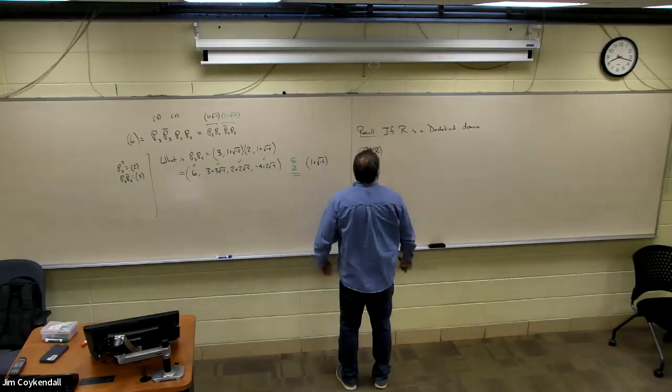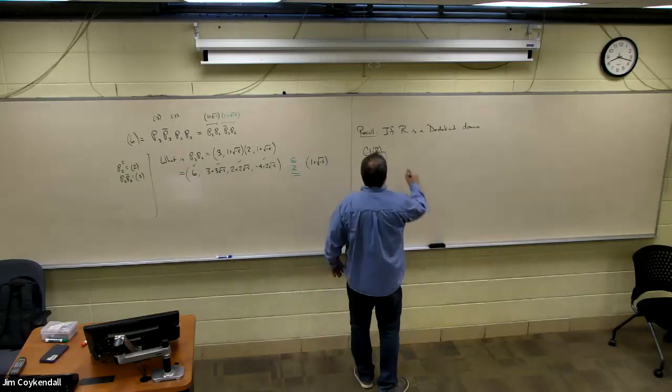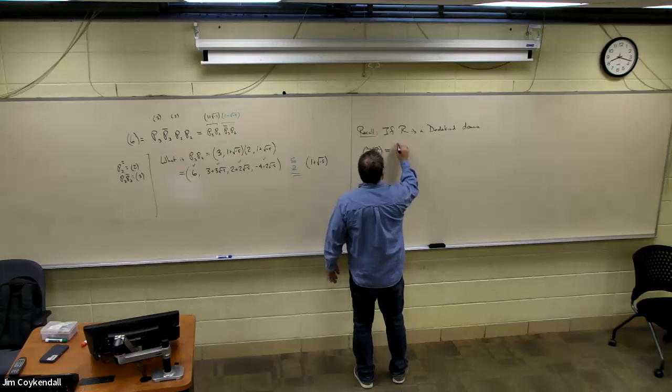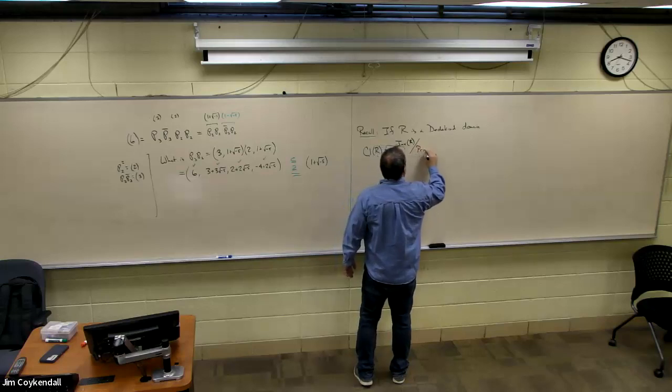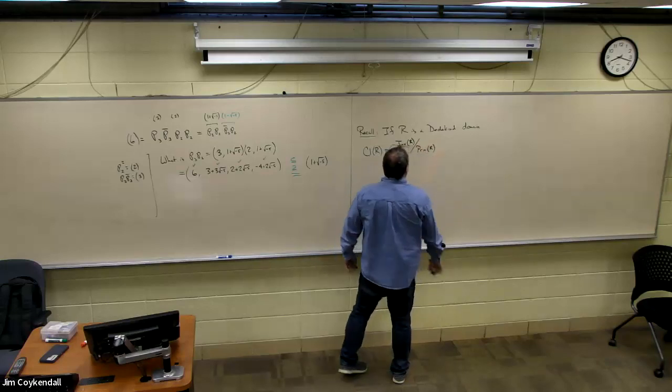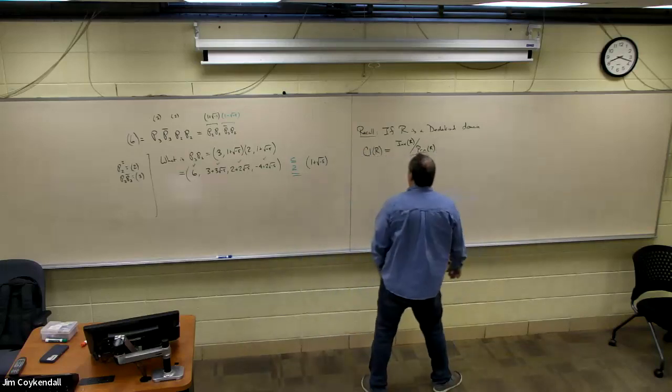By the way, you can define various objects like class groups for more general rings, but let's focus on this now. This is equal to, we'll call this the class group, where